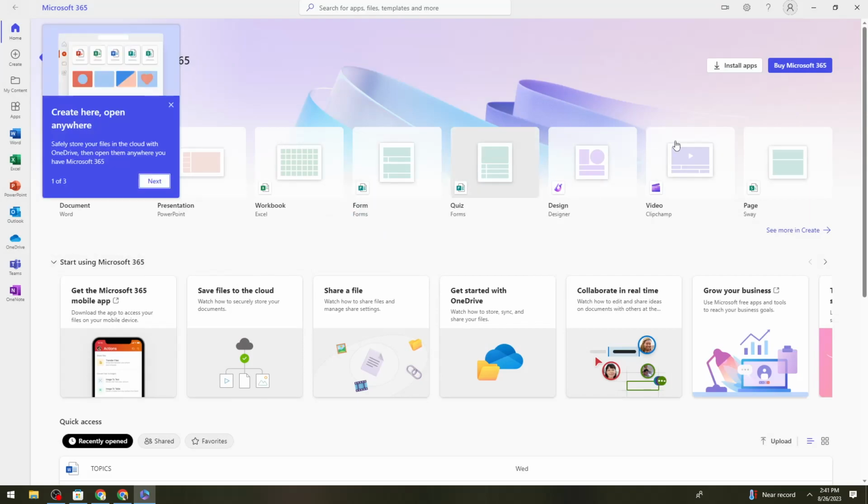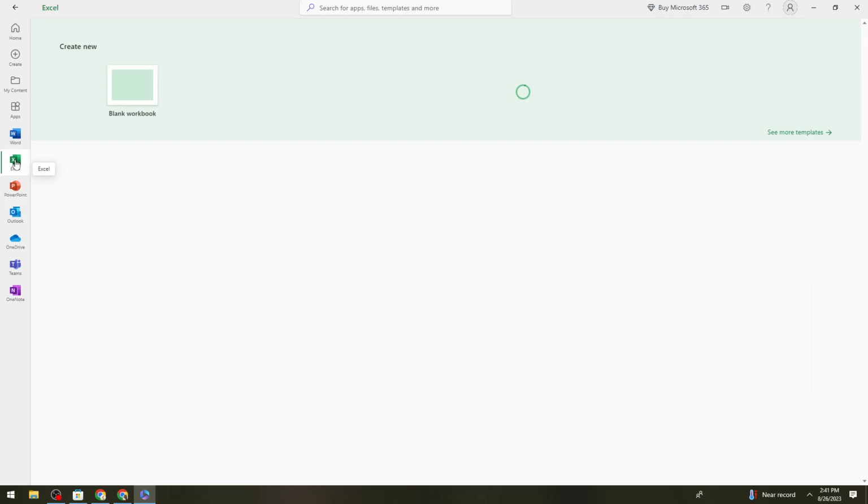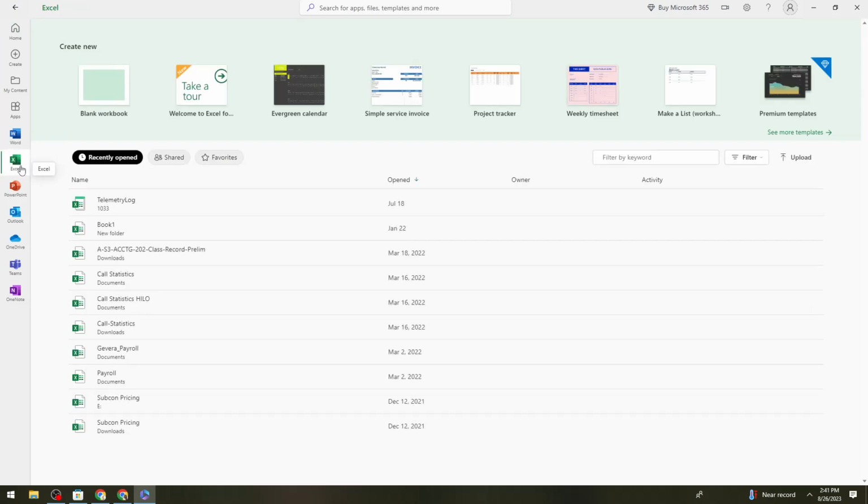So now just go ahead and click on this install apps button right here under the home section. Okay, so now go premium with Microsoft 365 to install the latest premium apps on your PC or Mac. Okay, so we don't need that, so let's just go ahead and click on this one or the Excel. Okay, so you can just go ahead and click on this